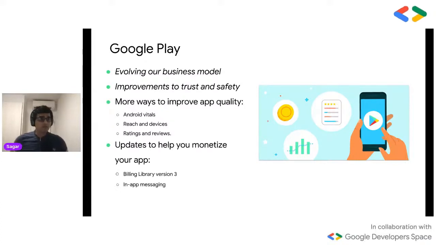We have found more ways to improve app quality. First, we are making it easier for you to be alerted to and fix new issues with improvements to Android vitals. Your most recent data is now more visible to you and you see issues right away. And we have added trends to filters and app version information to help you identify the source of the issues